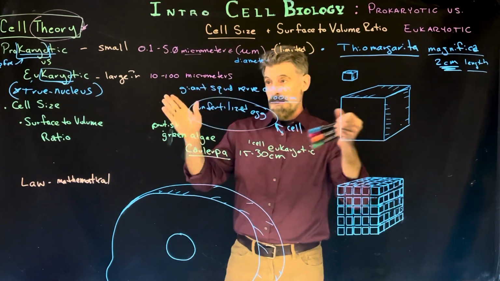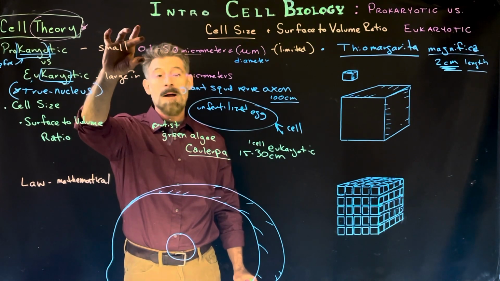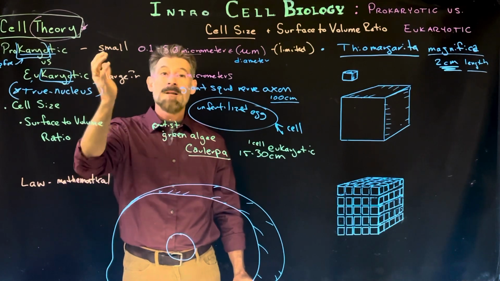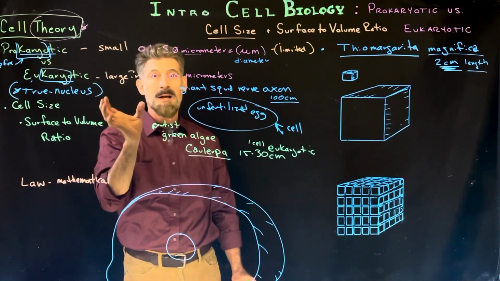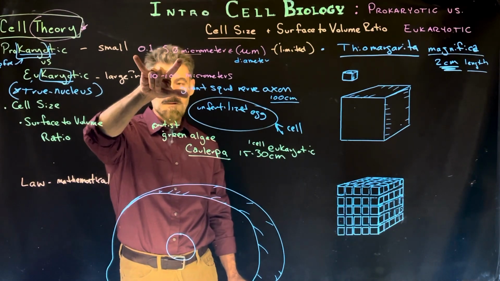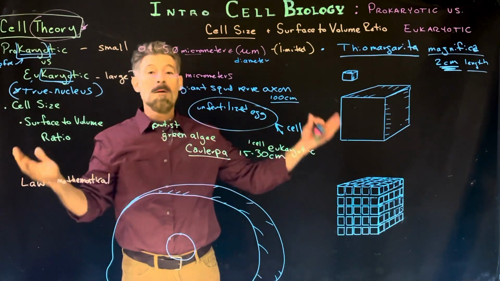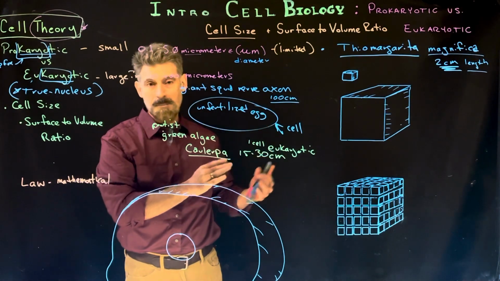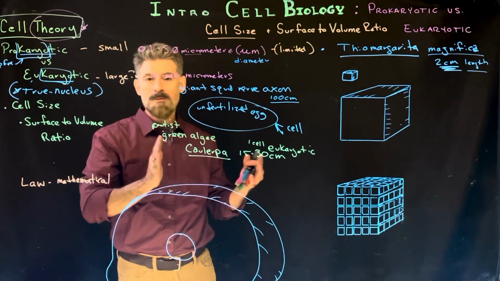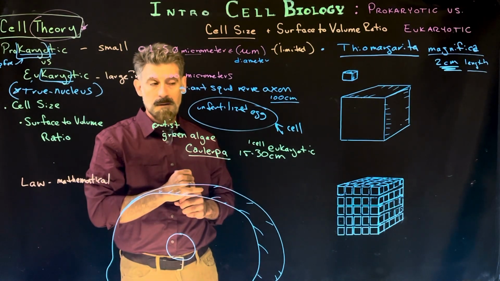So, take a step back. What do we have here? Prokaryotic cells tend to be smaller. Eukaryotic cells tend to be bigger. Prokaryotic cells have a traditional size range of about 0.1 to 5 micrometers. And eukaryotes have a general size range, if we look at all the cells, not just focus on the one exception out of billions of different things, of 10 to 100 micrometers, still much, much larger than the prokaryotic cells.